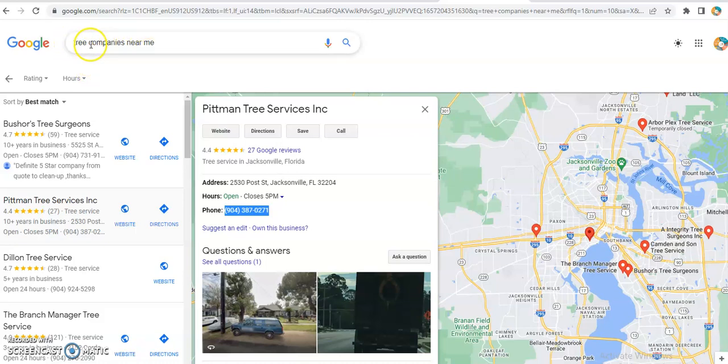So you want to use your target. Of course, you're looking for companies, and then of course near me. So this can go, think outside of the box. If you're a marketing company, you're looking to get more customers in whatever field you're looking to get them in. It could be real estate. You're going to replace what I put. You're going to put real estate investment companies near me. You're going to put real estate companies near me.